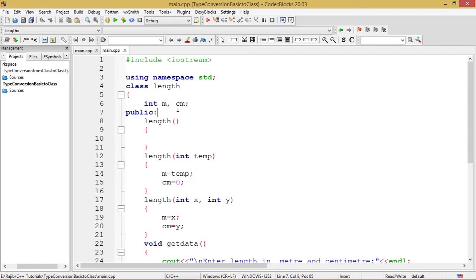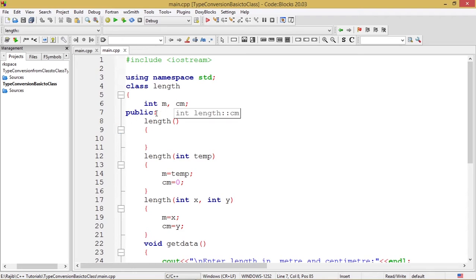That is, we are trying to express the length in terms of meter and centimeter. We could have expressed it as feet and inches, or any other unit. But in this case, I am using meter and centimeter to express the length.